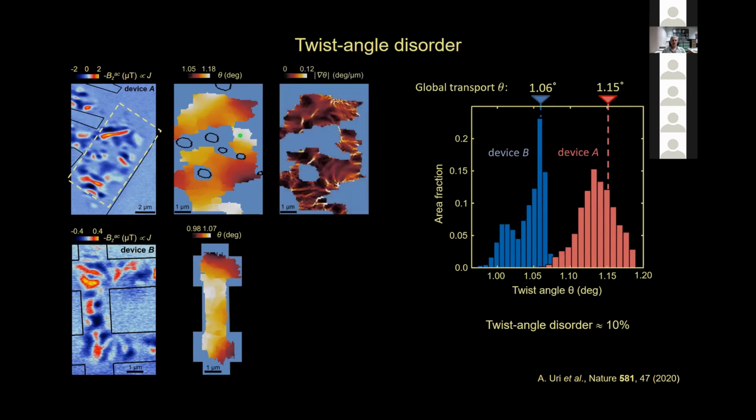And moreover, since we can extract the twist angle with very high precision, we can just numerically calculate the gradient of this twist angle. So naively, it looks quite smooth, but once you look at the gradient, so this is the absolute value of the gradient in degrees per micron, you see that actually the twist angle disorder forms patches, a mosaic, where in regions the twist angle changes smoothly, but separated by what we believe are stacking folds, across which the twist angle changes abruptly